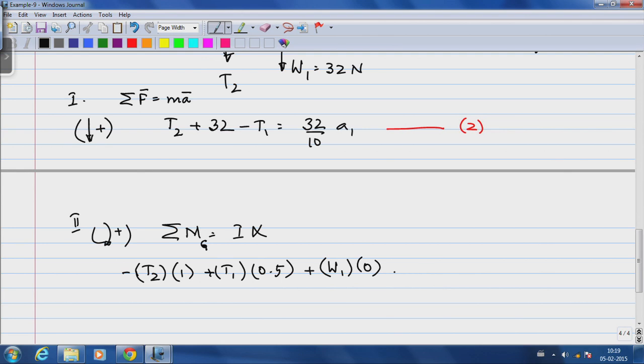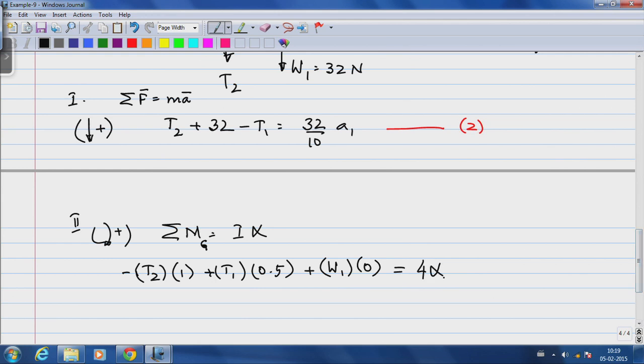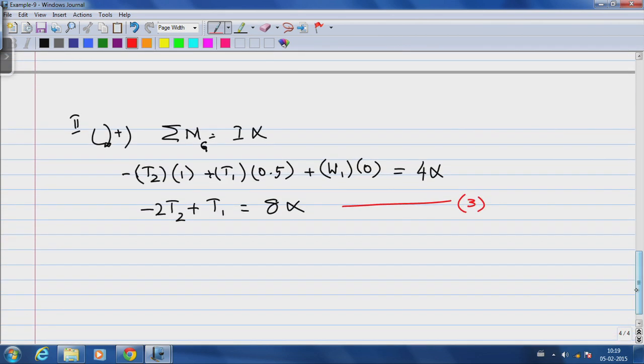This equals I, which we are given is 4 kilogram meter squared, times alpha. So, if I simplify this, minus T2 minus 2 T2 plus T1 equals 8 alpha, and that is my equation 3. So, let us quickly list out our unknowns. I have A1, A2 and alpha, T1 and T2 as the 5 unknowns,